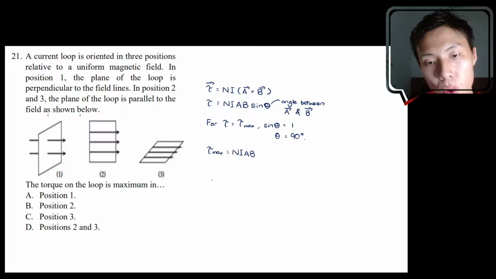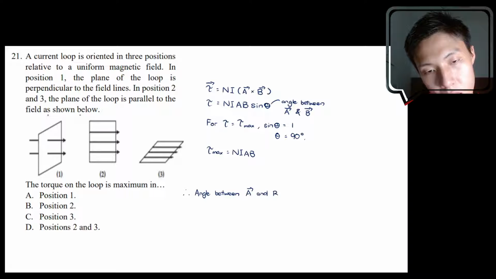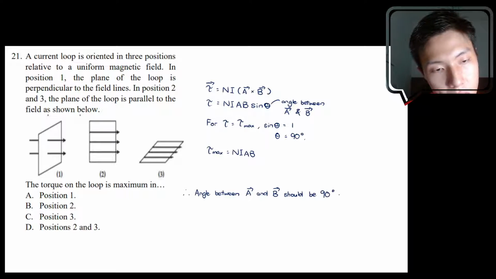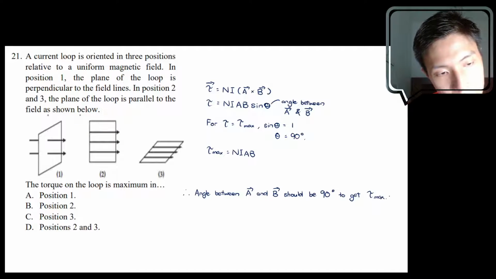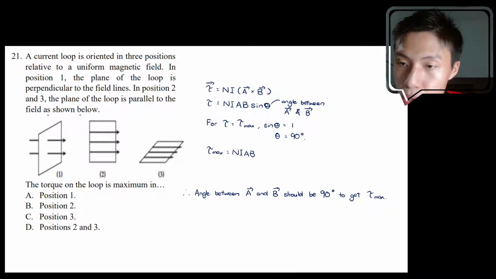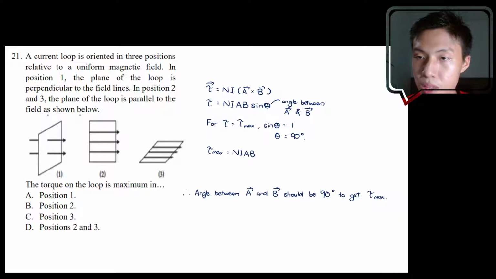Okay, so what conclusion can you make? Angle between A and B should be 90 degree to get what? Torque maximum. Okay, so let's try to figure out which one will have